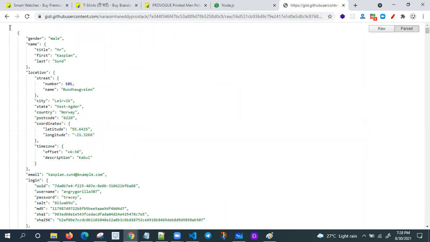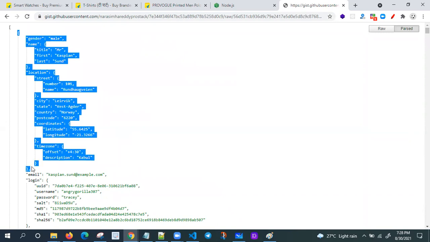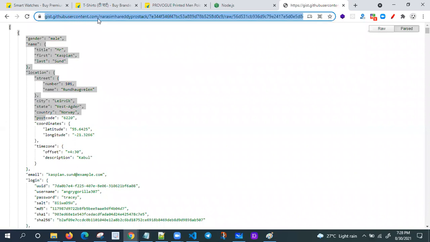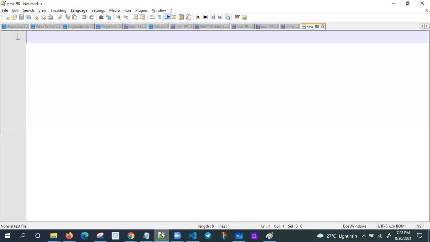So this is my API. What is it actually returning here? It is returning one array. Nothing but it contains an array of objects. Okay. So I'm going to consume this API. So this is my API information. I'm keeping it somewhere. Okay. What is the API name? This is the API information. API URL.